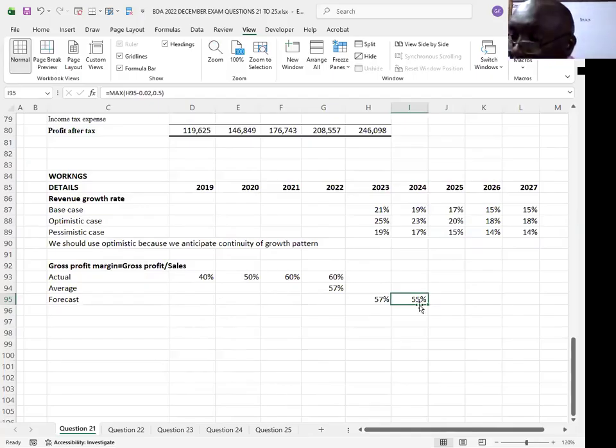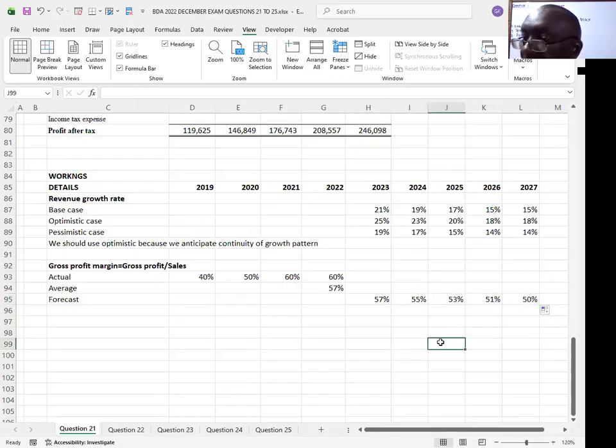Let's autofill this up to here. I've reduced my font. If you are not able to see, let me know, I can expand it. Aya, so we are there. So kama tuko